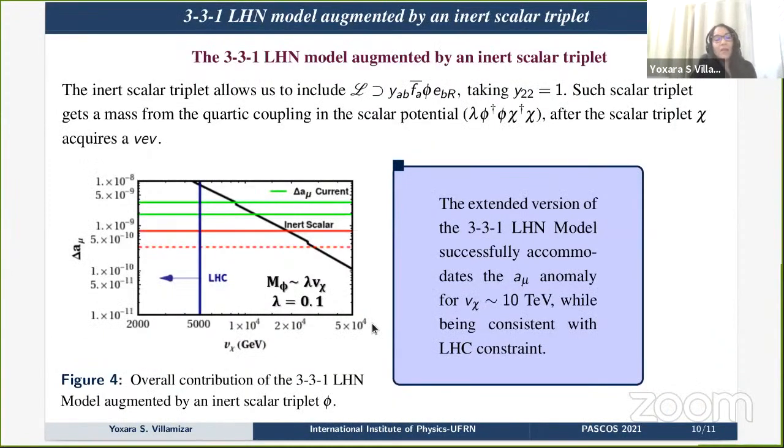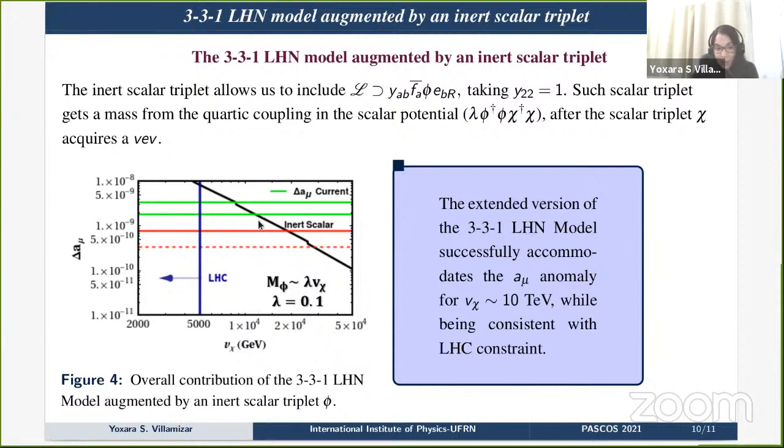In this way, we made a proposal to accommodate the g-2 in the 331 models. We took the standard version of 331 with neutral Heavy leptons, and added an inert scalar triplet. The interaction that contributes to the g-2 in this model is described by this Lagrangian here, and the contribution, the black line in the plot,